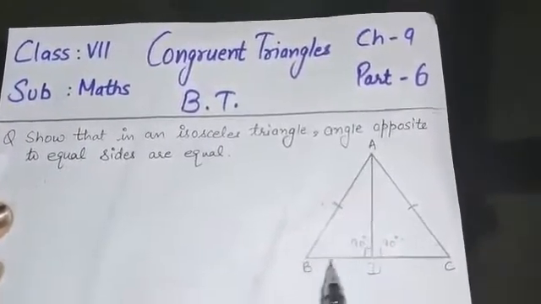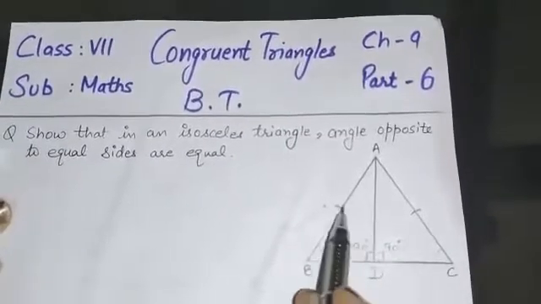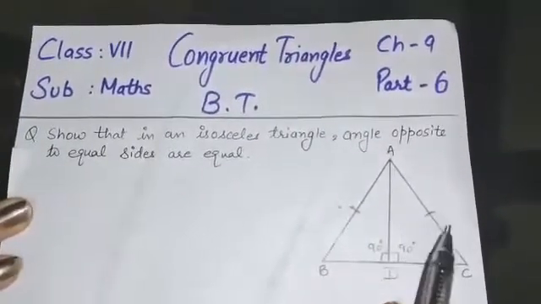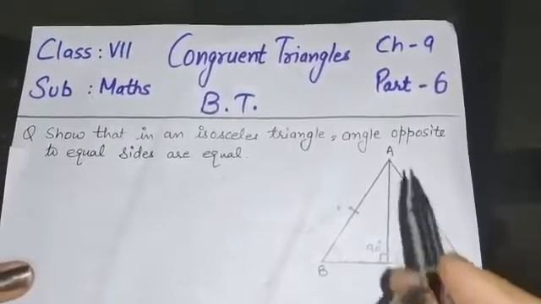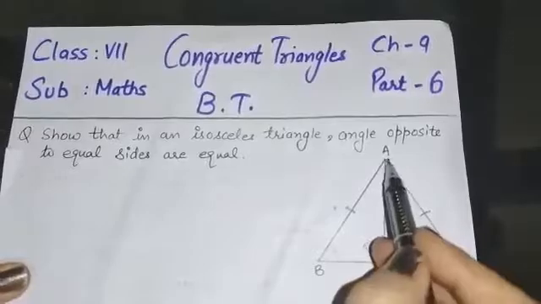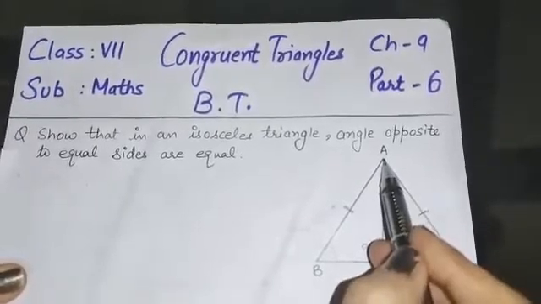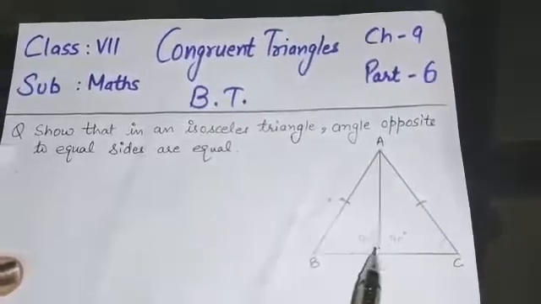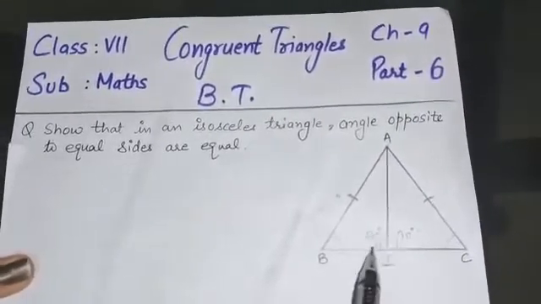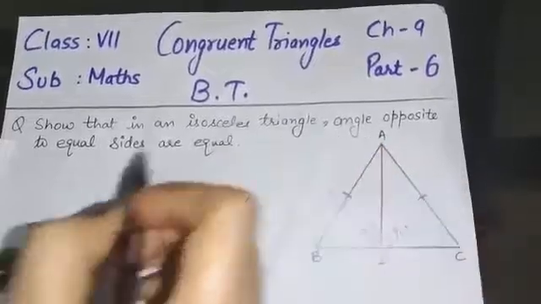So this is an isosceles triangle I have drawn here, ABC, and these two sides are equal. AB is equal to AC, that is given to us. For this you need to draw a construction, which we have already done. You have to draw an altitude from A on BC. Now if this is an altitude, it will make a 90-degree angle with the base.